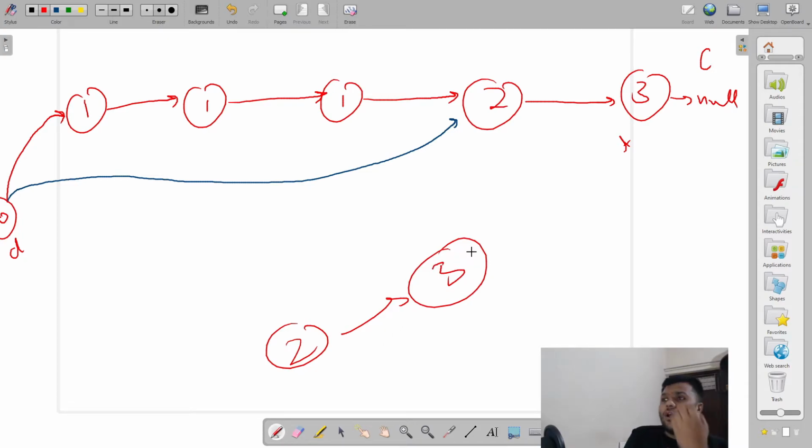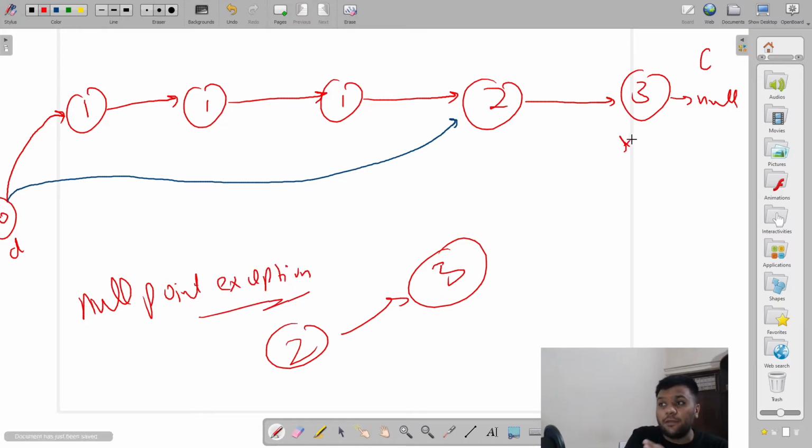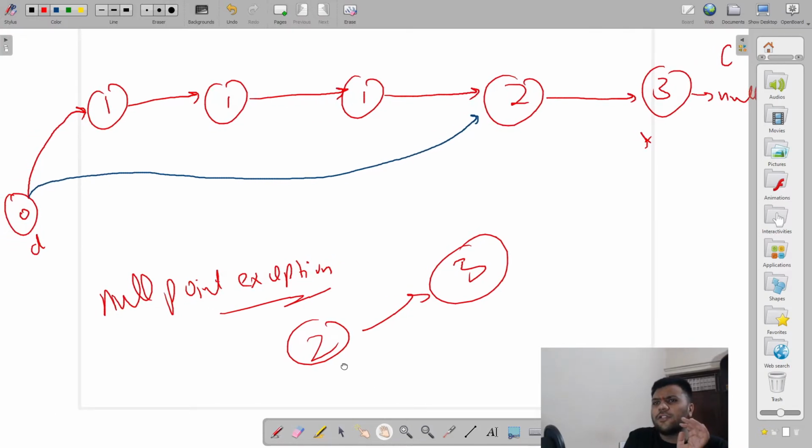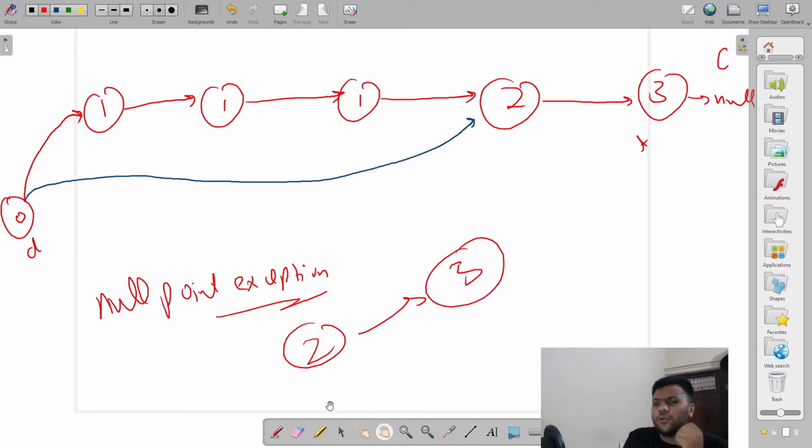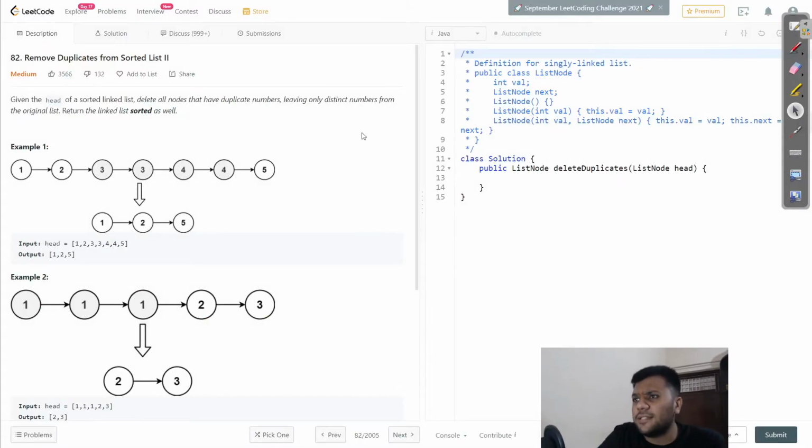Now you will ask why I stop over here. Because you know what will happen, my current will still move further. If my current still moves further, then we get an error called null pointer exception. So we have to sort this case as well, because once my temp reaches over here, my current will move forward again. So I have to stop that, and for that I will use a condition over here. So ladies and gentlemen, I hope this gives you a quick idea how we are going to solve this question. Okay, let's start solving this question.